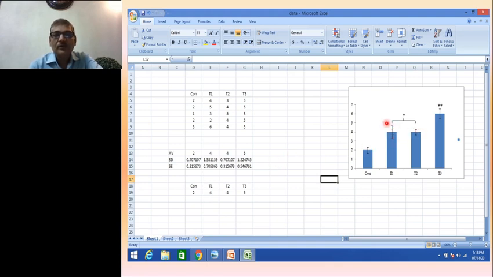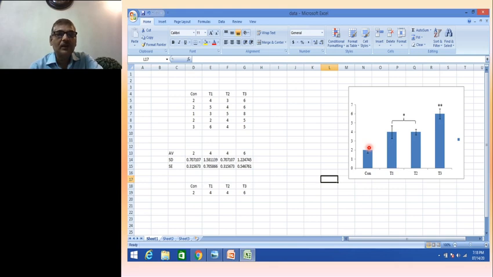But when we try to see which of the two groups show significant difference, then we find that significant difference actually exists among the first as well as second, among the first and third, and among the first and this fourth one. So all these three are actually different from the control. We are comparing with the control, and we find that yes, second, third, and even this fourth, these three columns show significant difference from the control one.